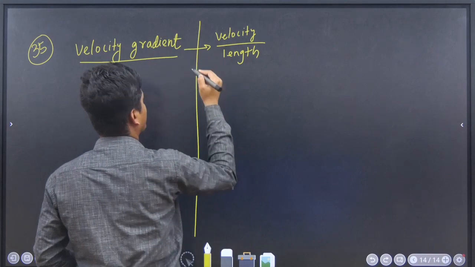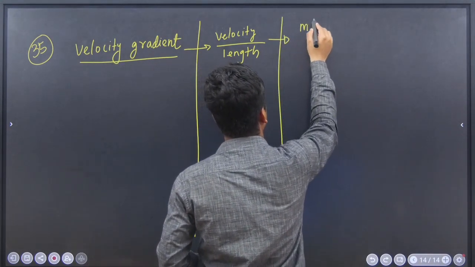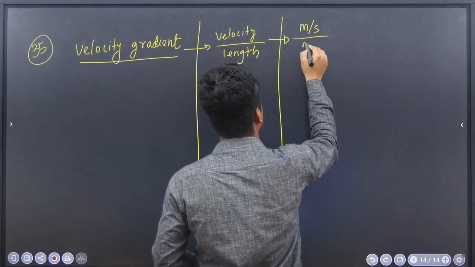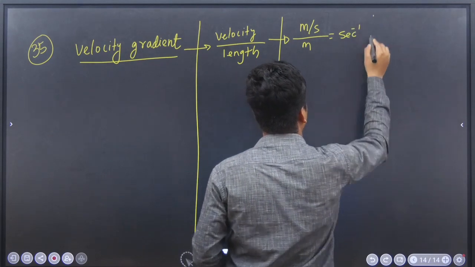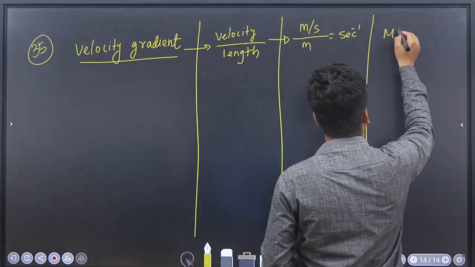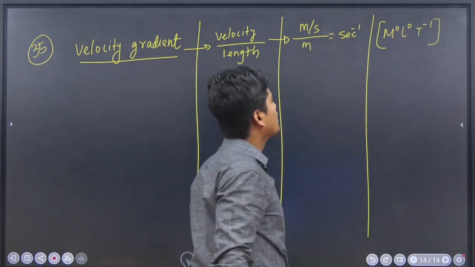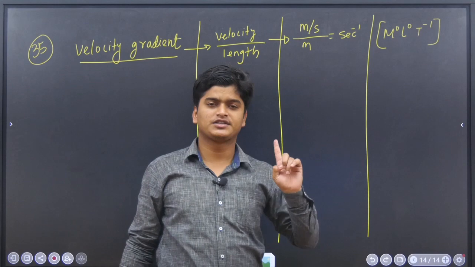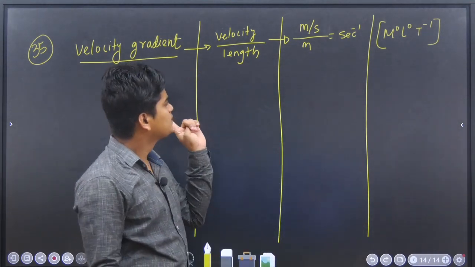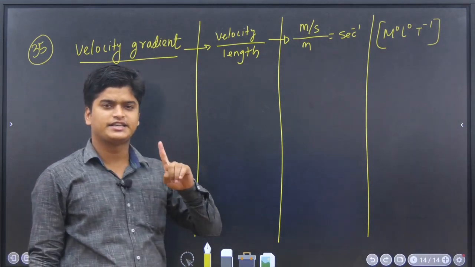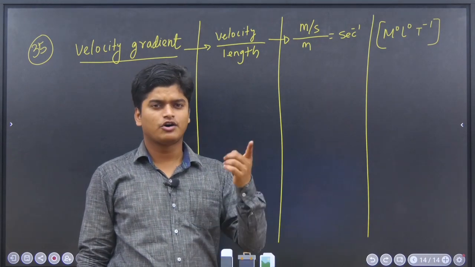Its SI unit: velocity SI unit is meter by second, divided by length, which is meter, so it will come second to the power minus 1. That means you can write M0 L0 T to the power minus 1. Understanding? Second to the power minus 1 is the unit of frequency. So the velocity gradient dimension is the same as frequency or 1 by time period,